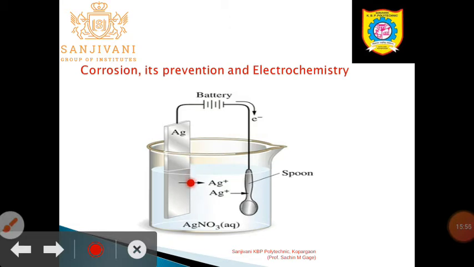So here we are going to take a pure metal plate of silver, and that silver plate is dipped in its own salt solution called potassium argentocyanide, whose formula is KAg(CN)2, and it is made the anode, meaning it is connected to the terminal of the battery. By passing electrical current, what happens, according to the